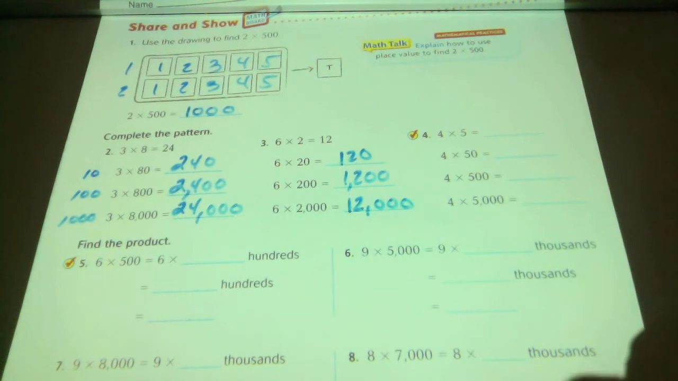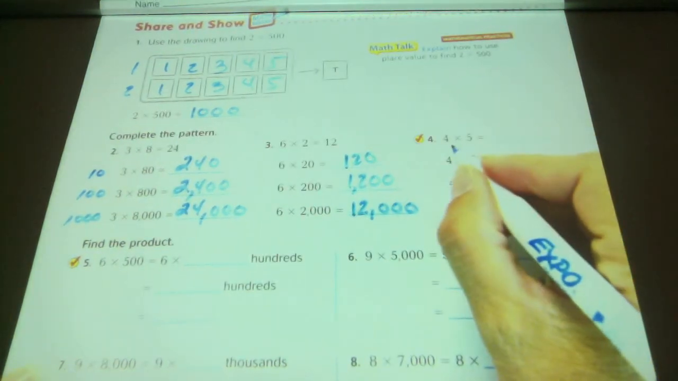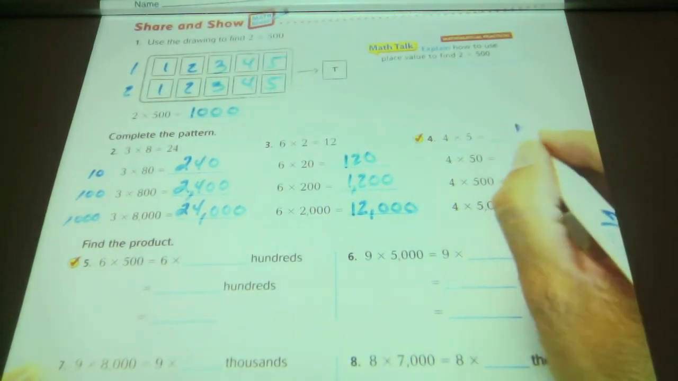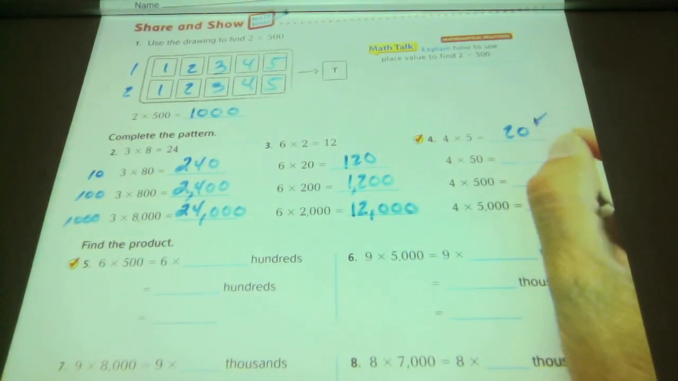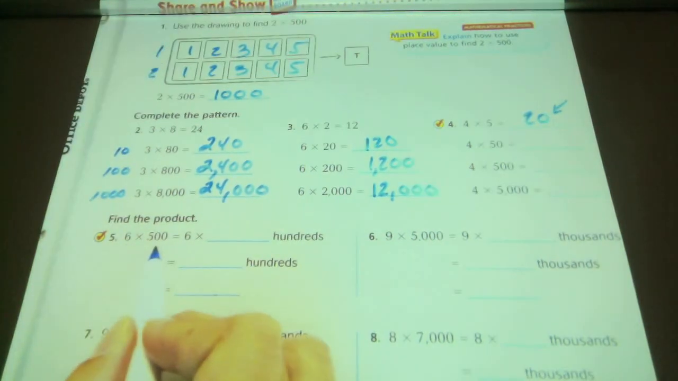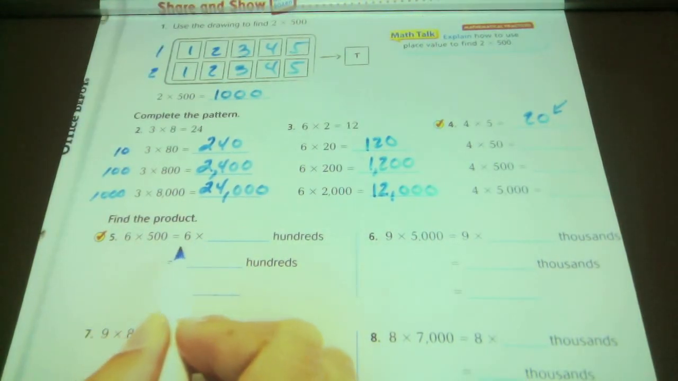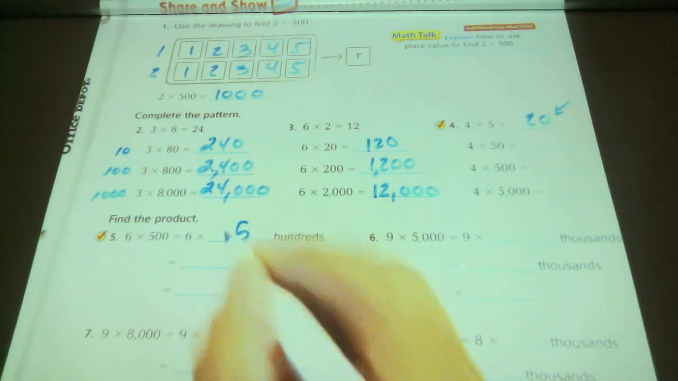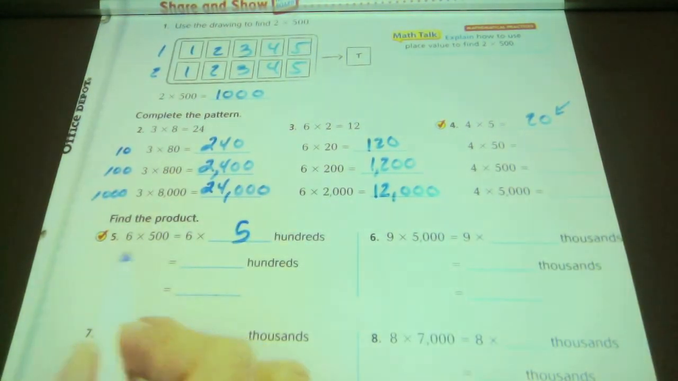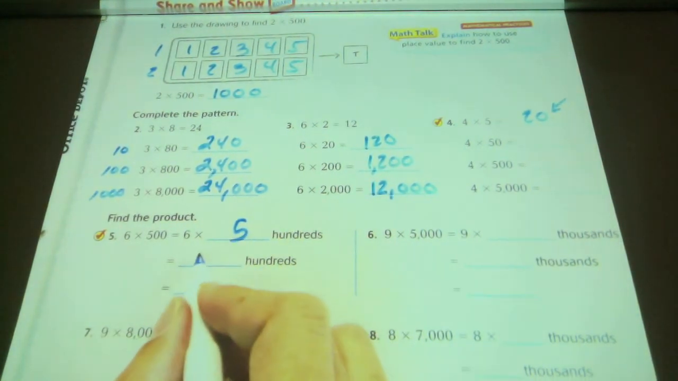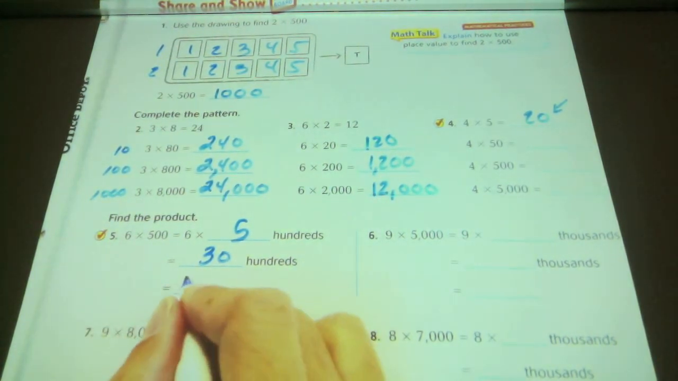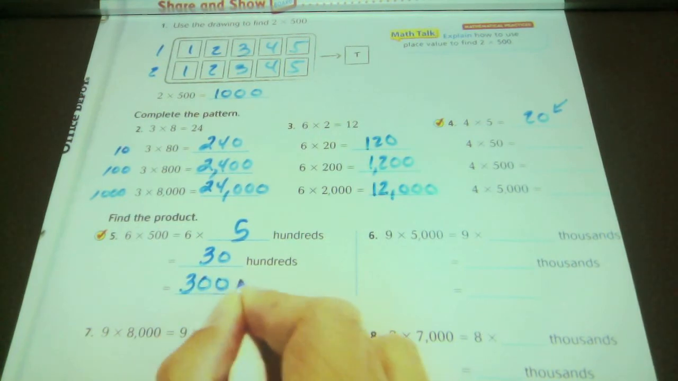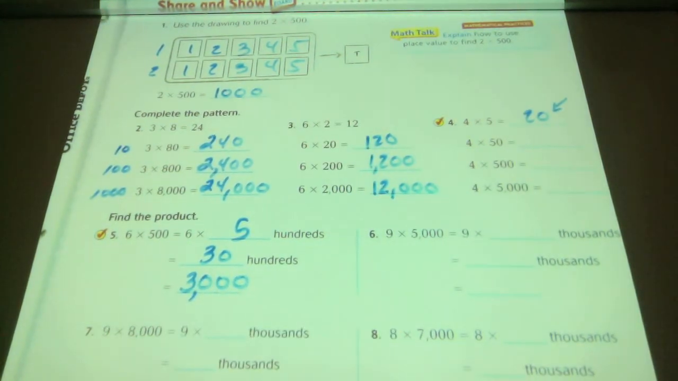Okay, this one, I want to remind you, 4 times 5 equals what? 20. Thank you. Someone's thinking. 4 times 5 equals 20. So there's that 0 already. 6 times 500 equals 6 times 5 hundreds. So 6 times 5 is 30. So you now have 30 hundreds. And 30 hundreds would look like that. Because 10 hundreds equals 1,000. So 30 hundreds equals